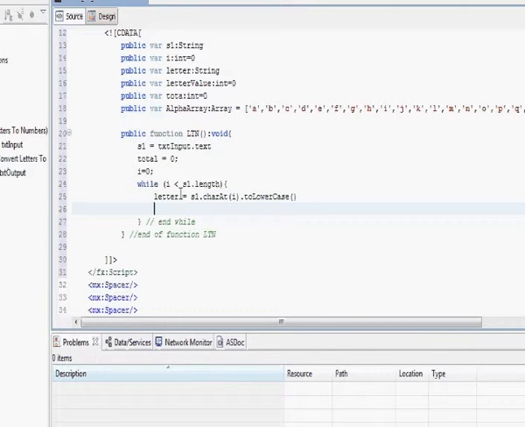Okay, so I've isolated each letter. Then what I need to do is search for that letter in our array and assign it a value. Now, because I've set up my array in alphabetical order, once I find the letter we're looking for in the array, the index of that position is its value. And that's because we've set up the array in that way. So what we can say is that the letter value